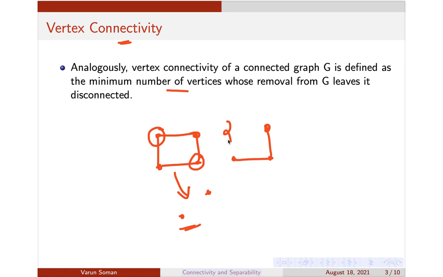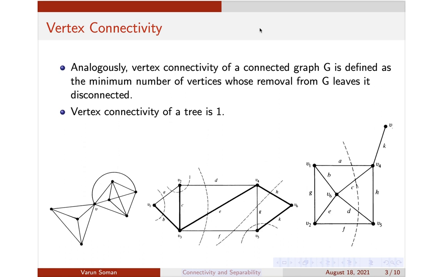So you can also try to think of vertex connectivity in terms of rank of a graph. Just think of it, and come up with an appropriate connection between them. As I told you, the vertex connectivity of a tree is 1. You can also consider the vertex connectivity of a path, and also of a circuit. Just think what will happen to a circuit if one vertex is deleted. Will it be disconnected? Just think of that.